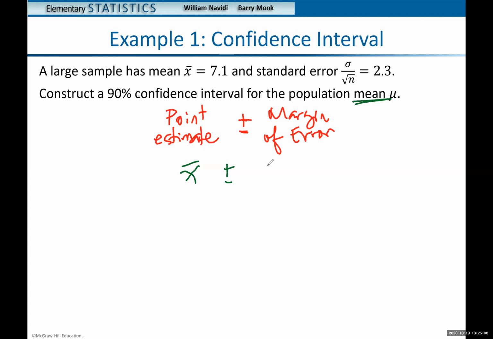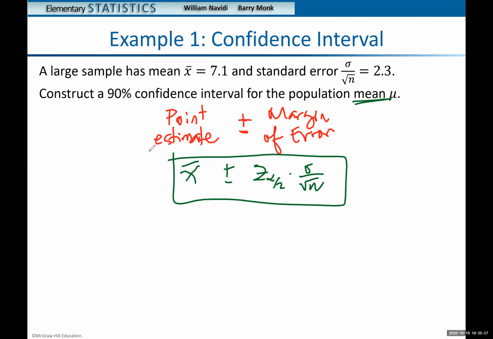The product of critical value and standard error. Yes, the critical value, that is your z. Since you want the middle, that's why we solve it as alpha over 2 times the standard error. This is the standard error, standard deviation over square root of n. So to solve this, the point estimate is the sample mean 7.1, plus or minus